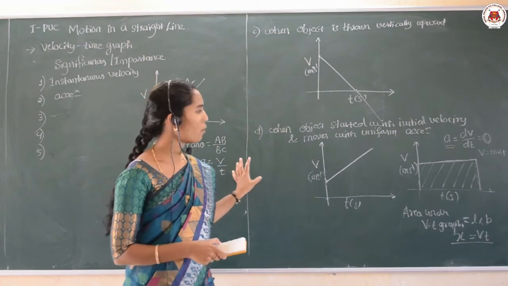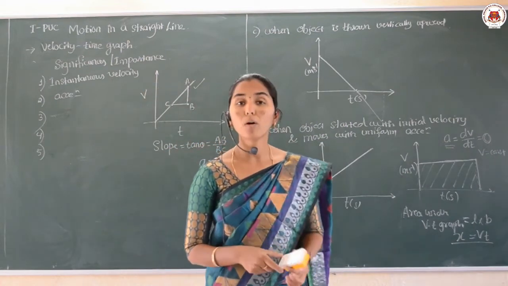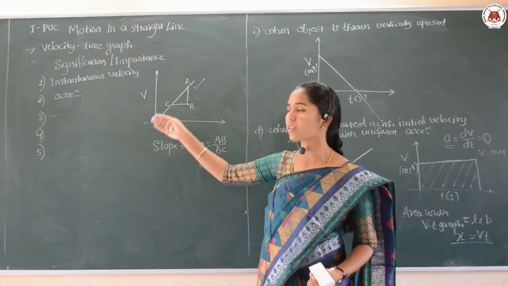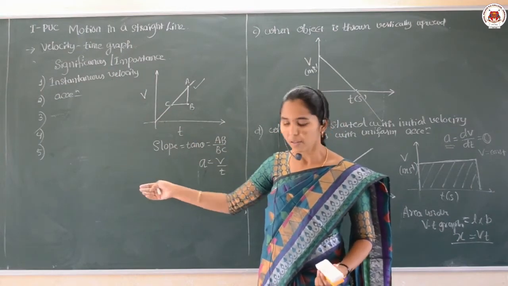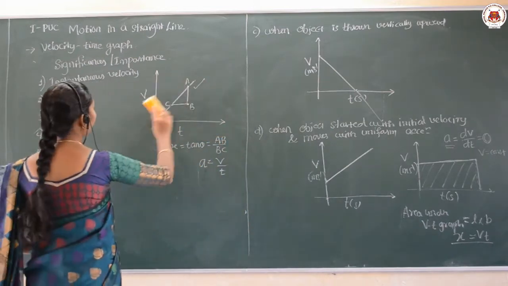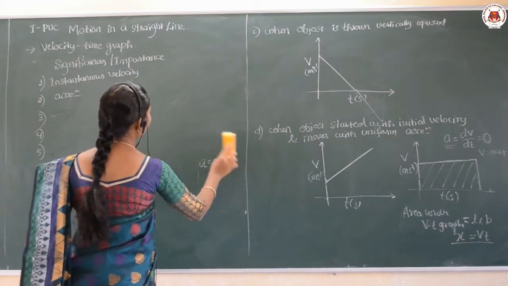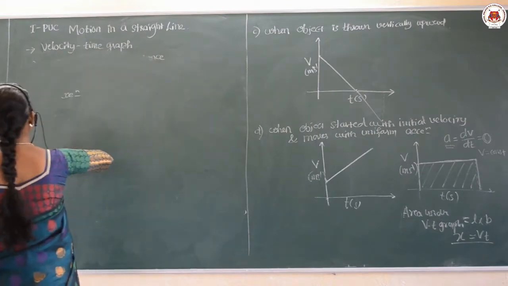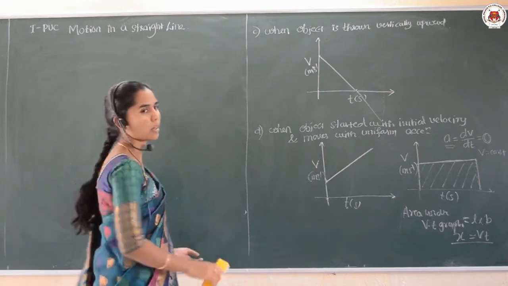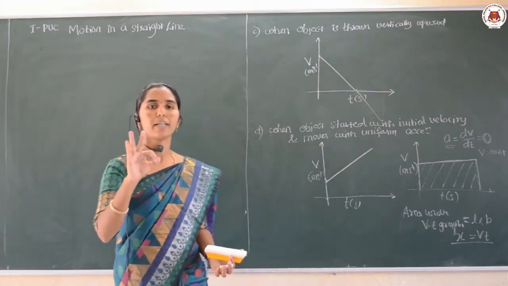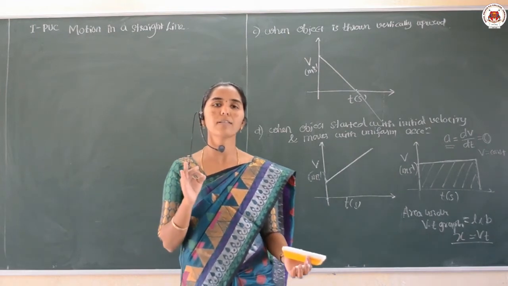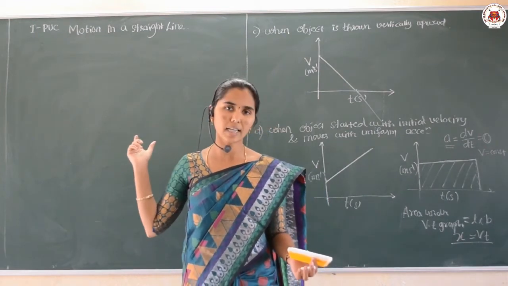Yes, so I hope you understood clearly about the velocity time graph, its different nature and the significances. Okay, then we are stepping into the next very important 5 marks derivation, that is the kinetic equations of motion using the velocity time graph. And this is very important, dear students. Remember, every year one fixed 5 marks question will come from this concept.